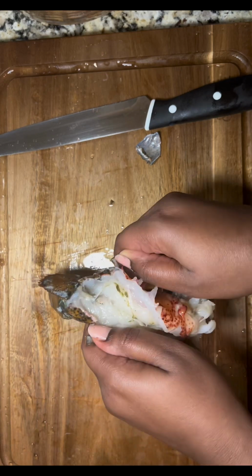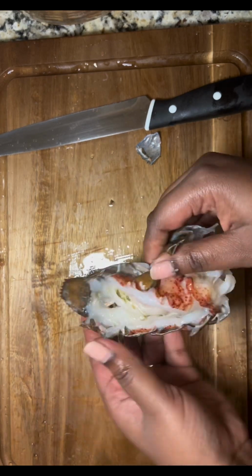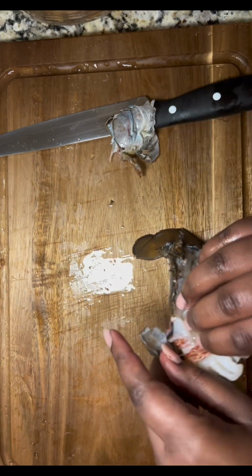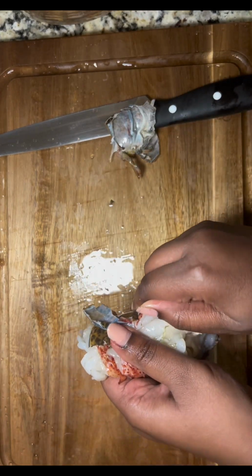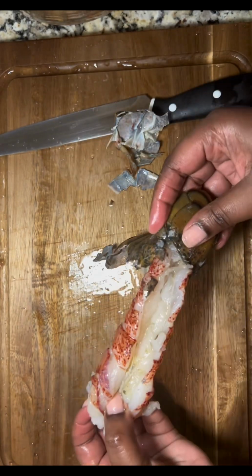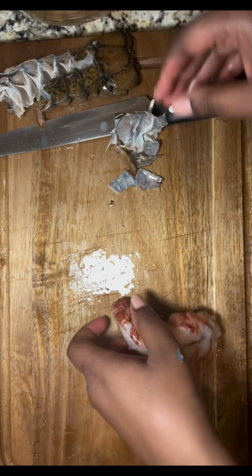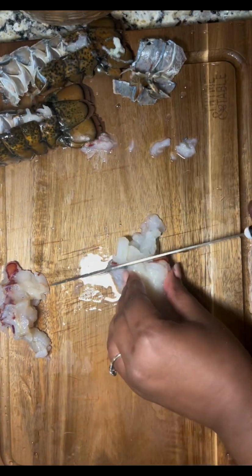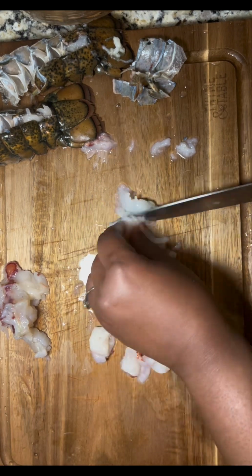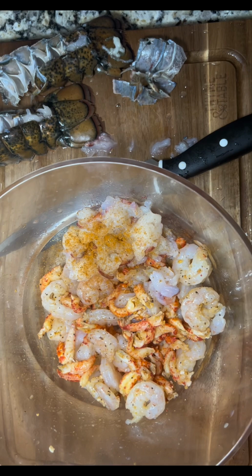I had that crawfish and that shrimp soaking in a water bath with lemon before I started to season them up. And you want to do the same thing with this lobster tail as well. Once you get it cut open, you want to get it cleaned and deveined, and you want to go ahead and dice that up as much as you want to, as big chunks as you want to,